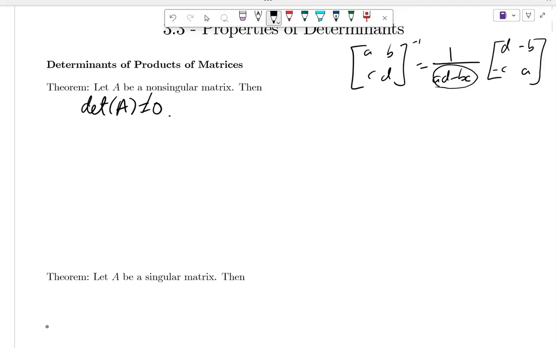All right, so let's talk about why this is true. Well, if it's non-singular, then what do we know can happen when we row reduce it? What do we get to when we row reduce? The identity, right? So the reason why this is going to be true is that if A is non-singular,